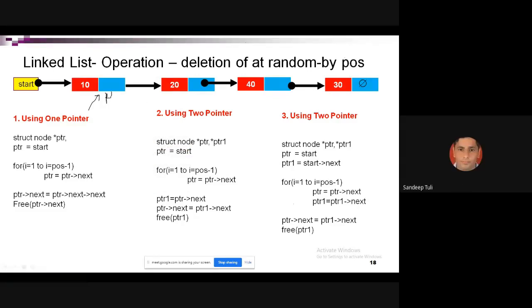Very good. So ptr is at 10. Now at 10, ptr1 is start's next. So ptr1 comes to 20 automatically. So ptr1 is initiated at 20. And then in the for loop, both the pointers will be moved simultaneously. So ptr moves to 20, and ptr1 is shifted to the next node, and then the loop stops, and the remaining two steps are as they are. No issue in that. Is it okay?